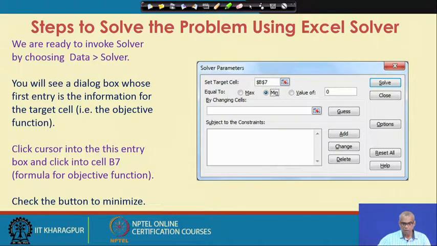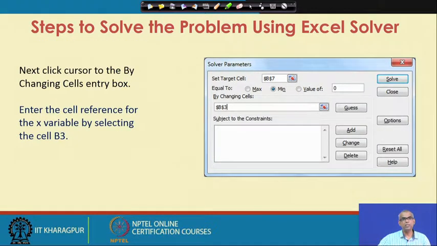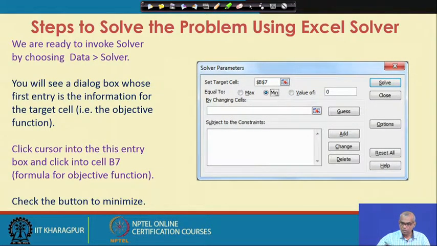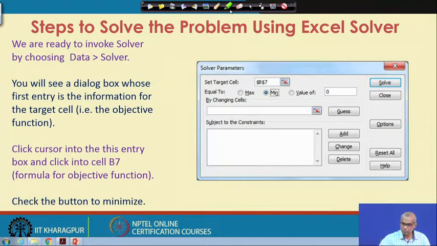So, now I have set the target cell, that means set the objective function. After that, you are solving a minimization problem. So, click the button to minimize.